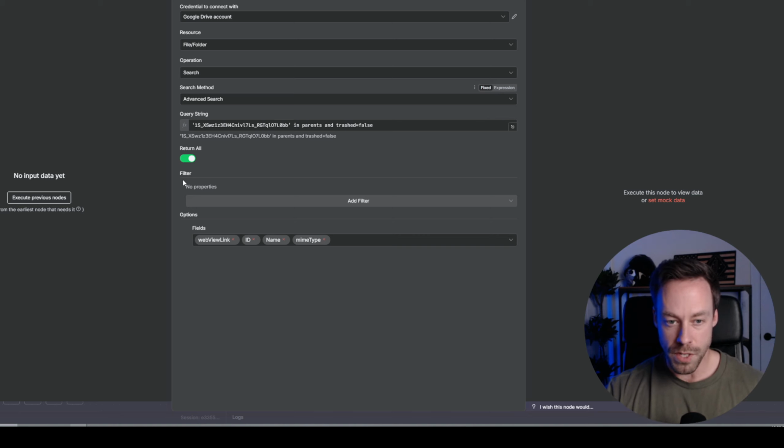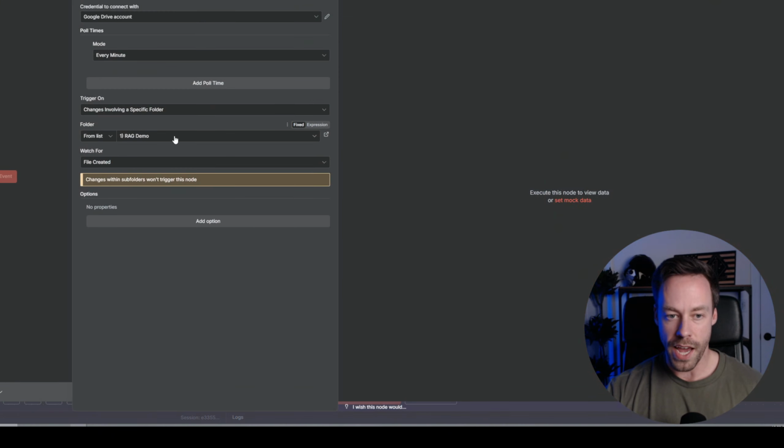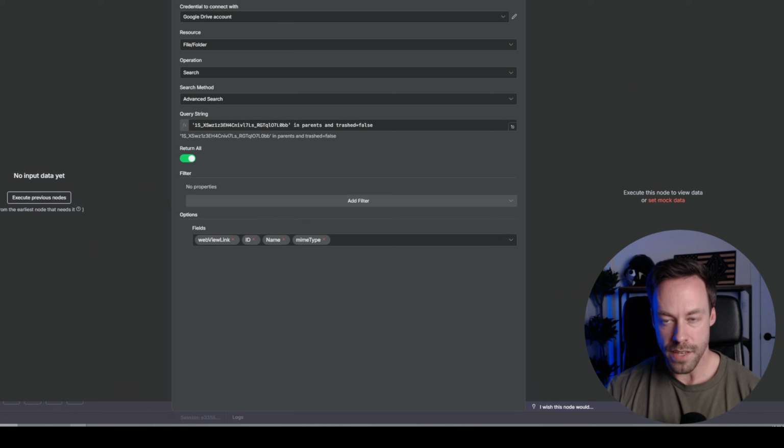Also, you want it to return all, I assume. Also, you need to add these 4 options. You need the web view link, the ID, the name, and the MIME type. So it needs to look exactly like this. So that's that. And then for the file created and file updated, it's a little easier. Just actually map it like folder and all that. And so when I run this,